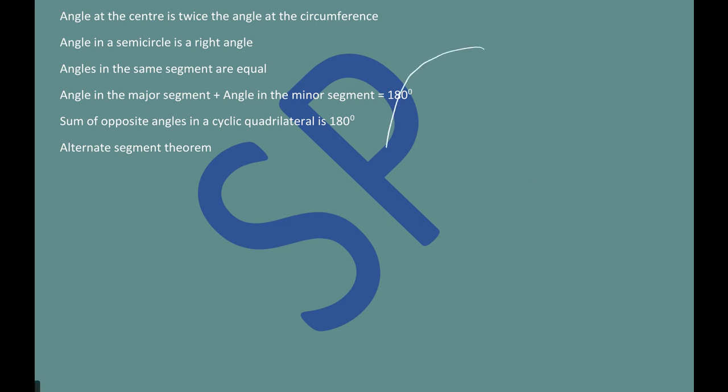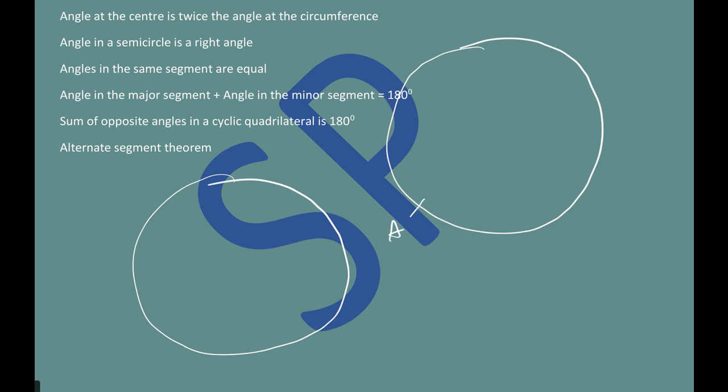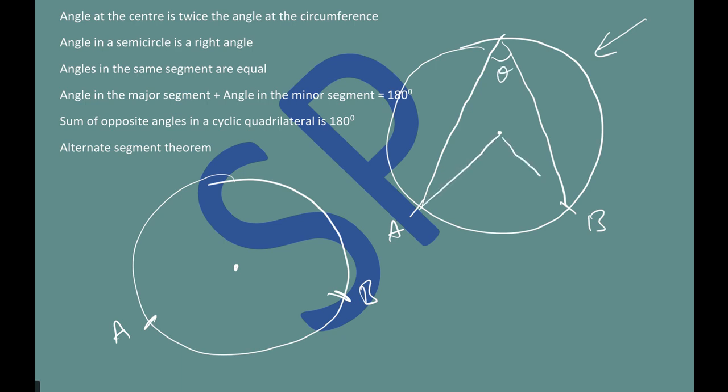So you see, I have a circle. Now I have an arc AB, and this is the center of the circle. Now this is one more situation I'll show here, with the center of the circle. Coming to this one, this is the angle made by AB on the circumference. If this is theta, then the angle made by this arc at the center is going to be 2 theta. And same thing here also.